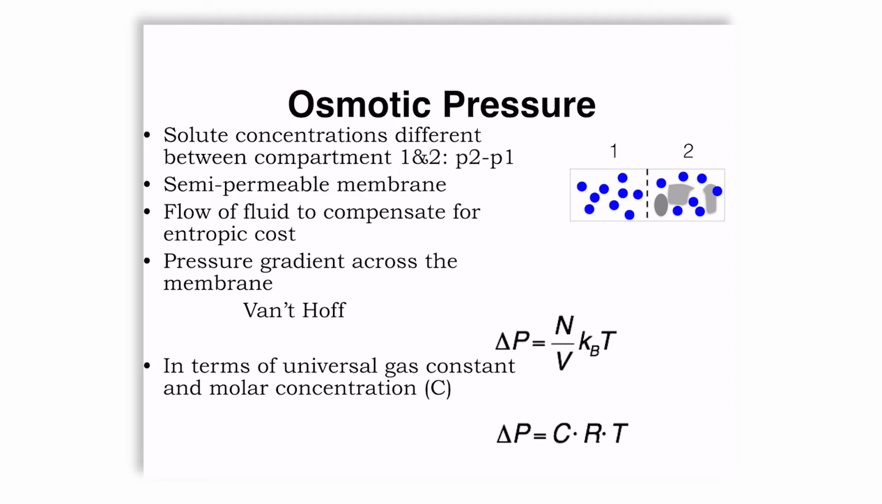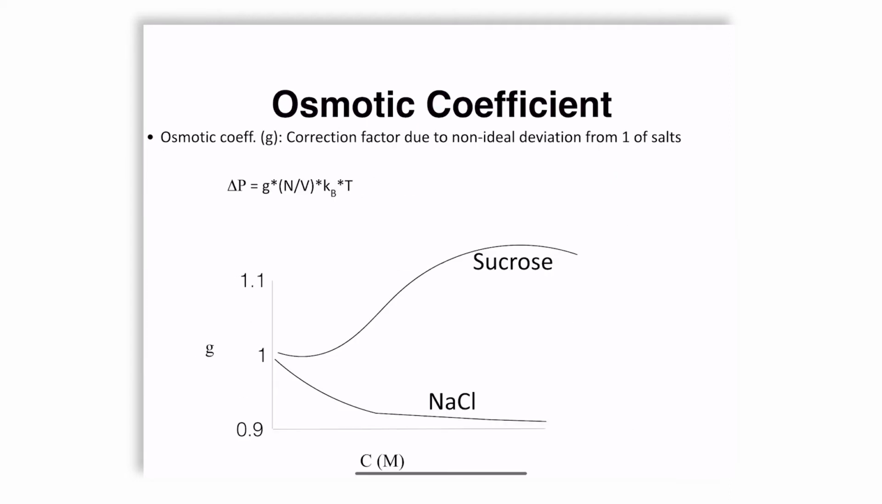But the Van 't Hoff's law then is indeed, as I said, delta P is N by V times kBT, or CRT. That is your C being the concentration, R being the universal gas constant, and T being temperature. There is a slight modification to the Van 't Hoff's law, which requires a correction factor, G, because Van 't Hoff derived this for ideal gases and dilute solutions,